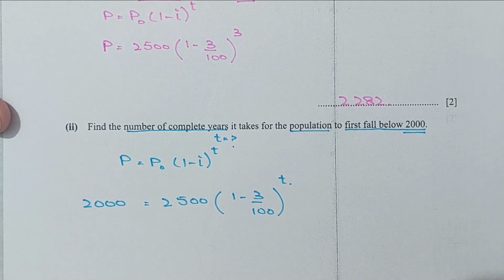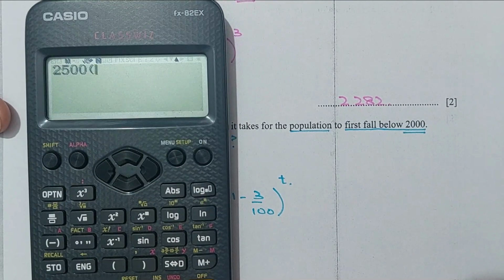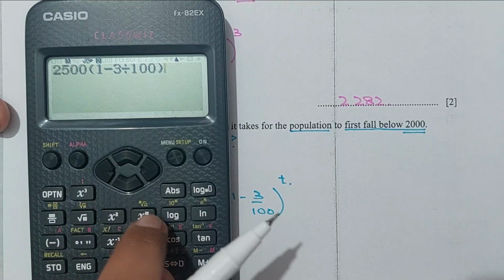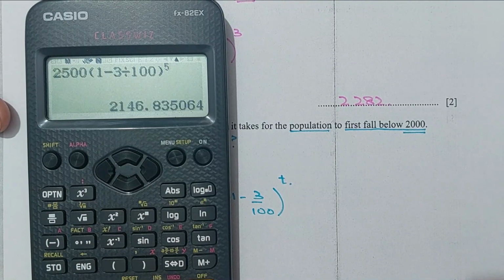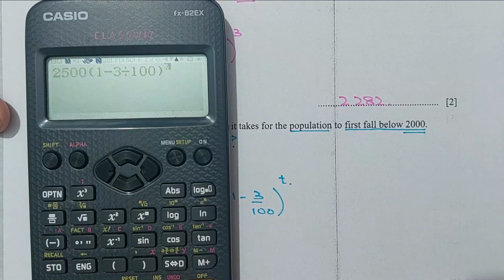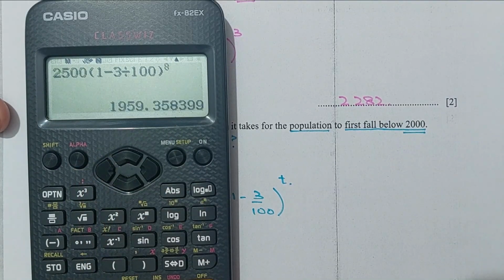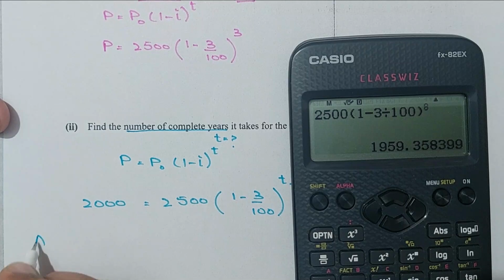So let me check for 4 years, right? 2500 times 1 minus 3 over 100 to the power of 5, using the guess and check method. It's not below. To the power of 6, it's not again below. To the power of 7. To the power of 8, it's below, yes. So at t equals 8,